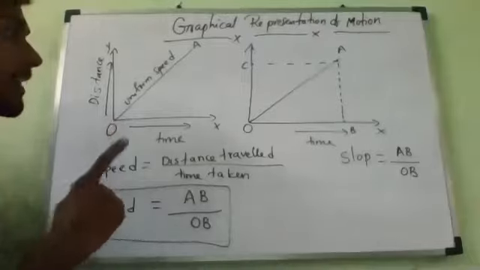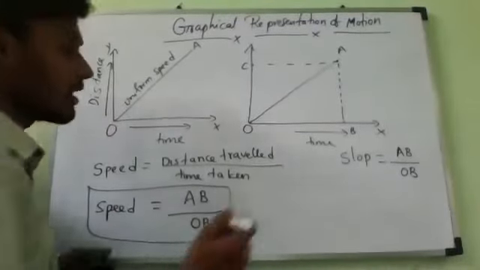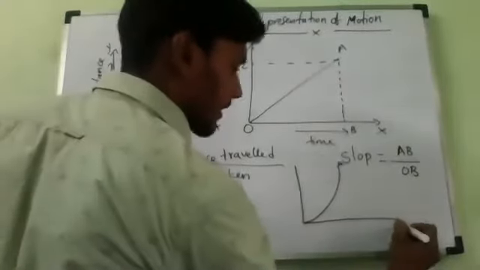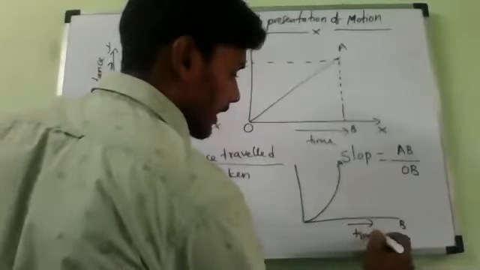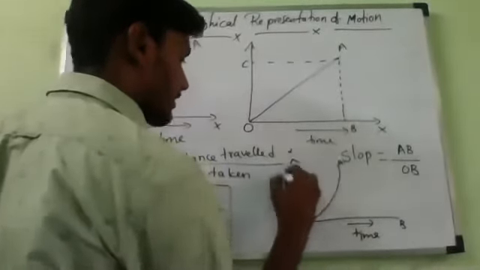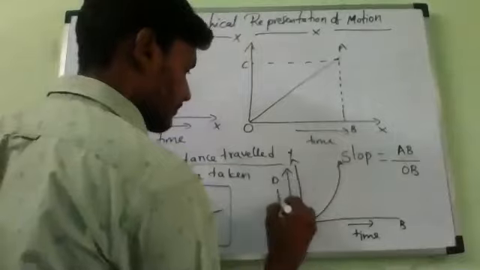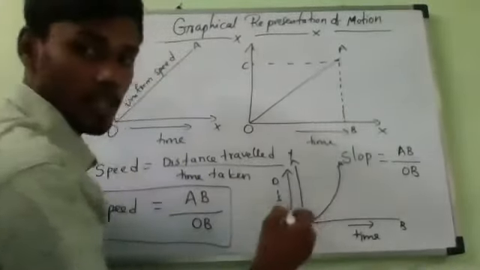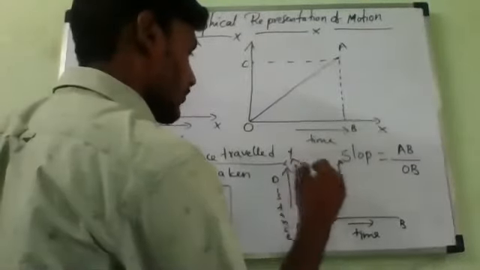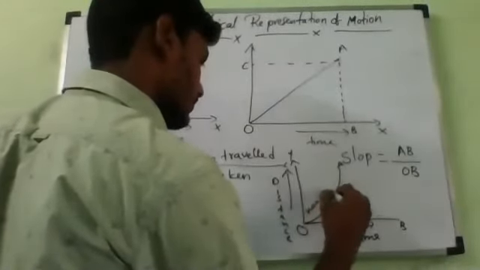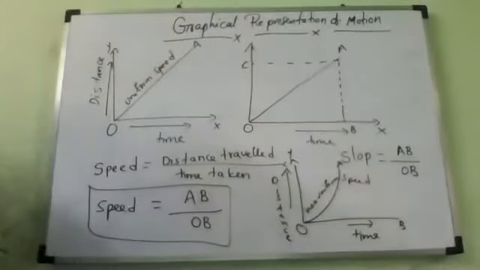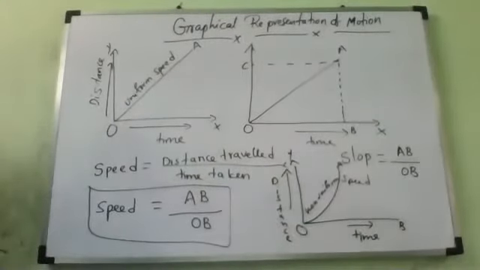If it is not a straight line, if it is a curved line, then you can write what? Just draw non-uniform motion or non-uniform speed. That's all. So time axis, time, understand? And this is Y axis, always distance. Distance and time, understand? Which is non-uniform speed. That graph you should draw. Which is known as non-uniform speed.